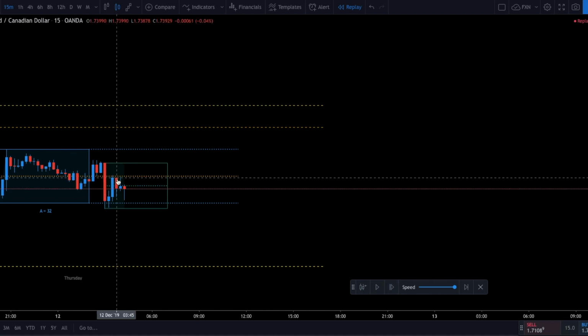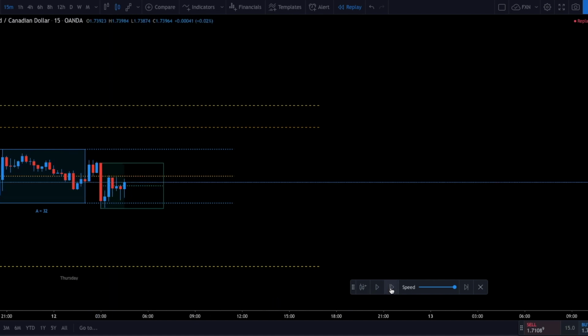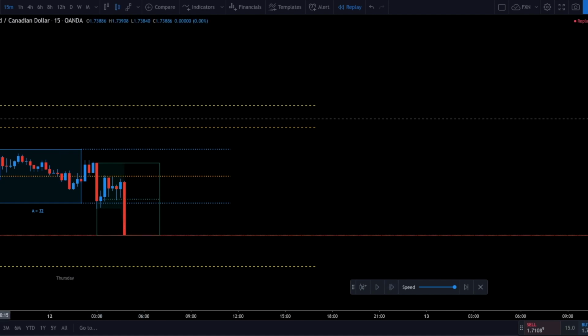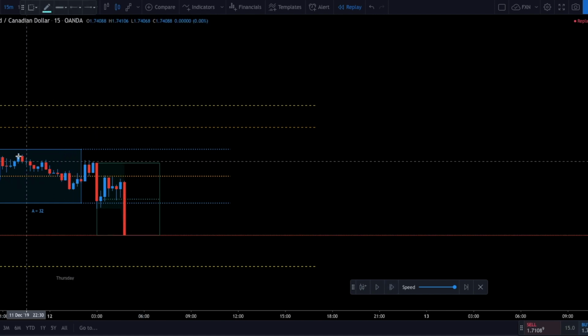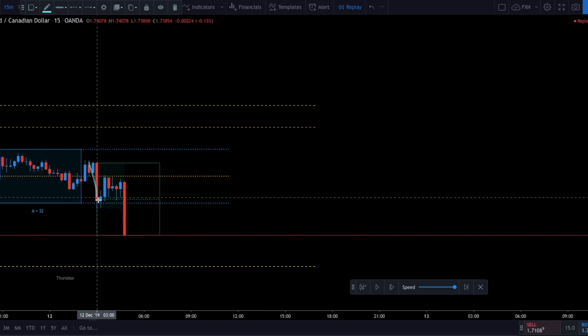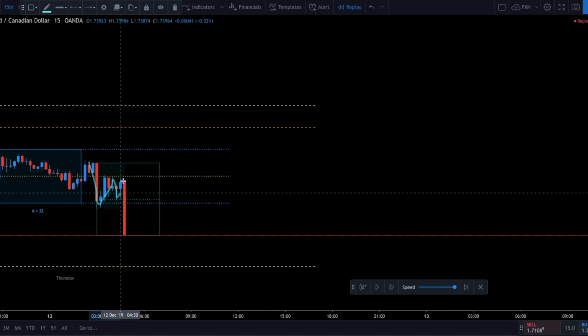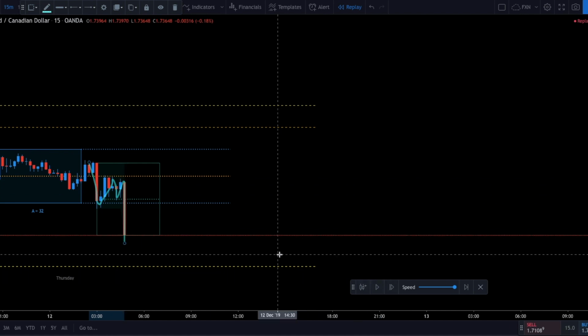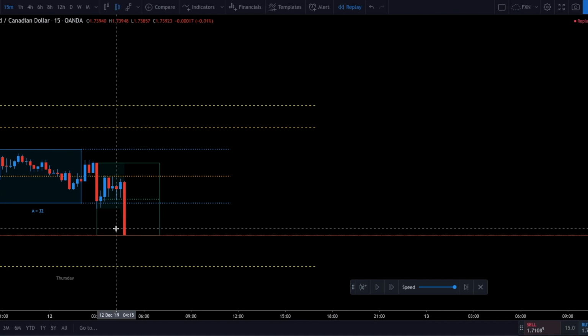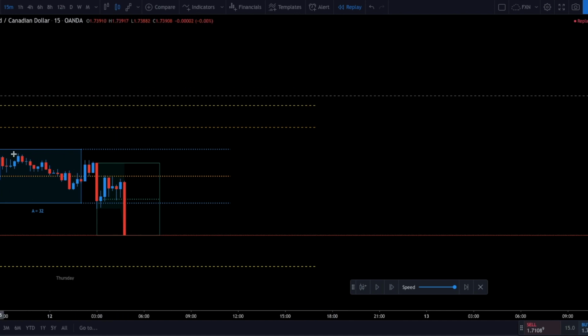We're getting stopped out here. Do you see that? Boom. So look, basically we had a move down, a move up, move down, move up, and move down. Do you see that? Okay, so this is what I'm talking about when we want